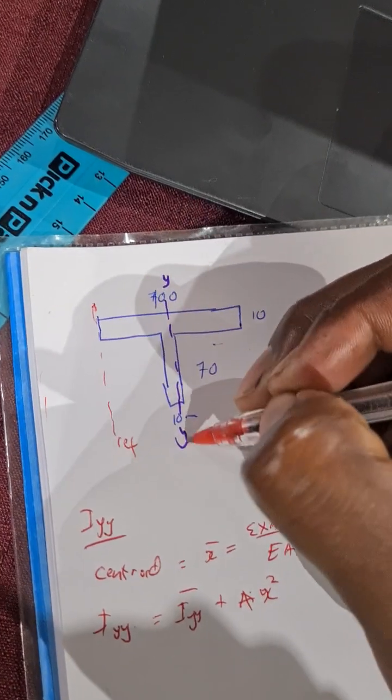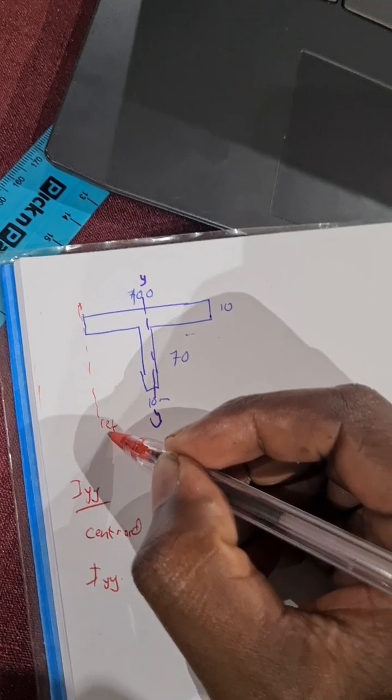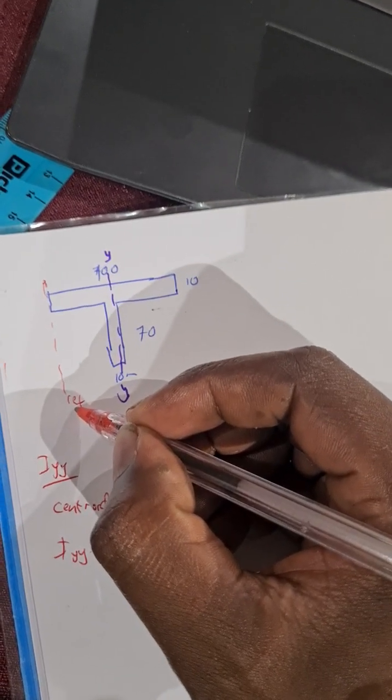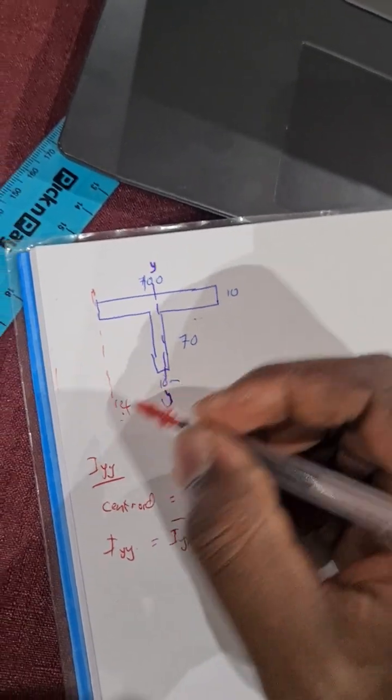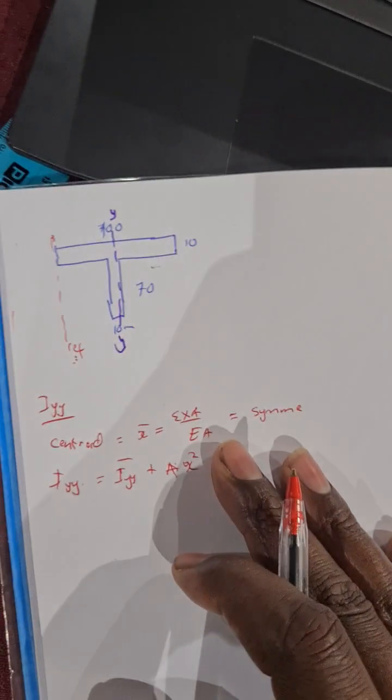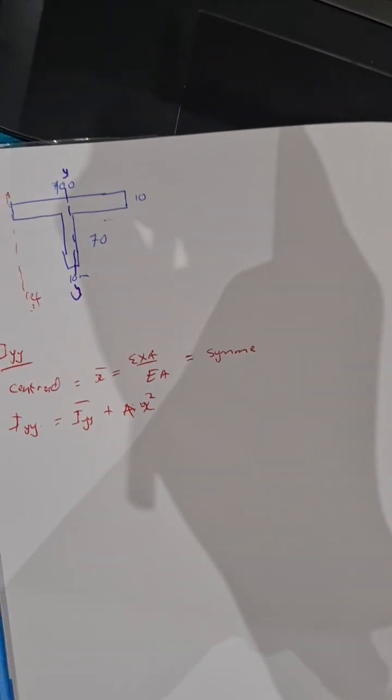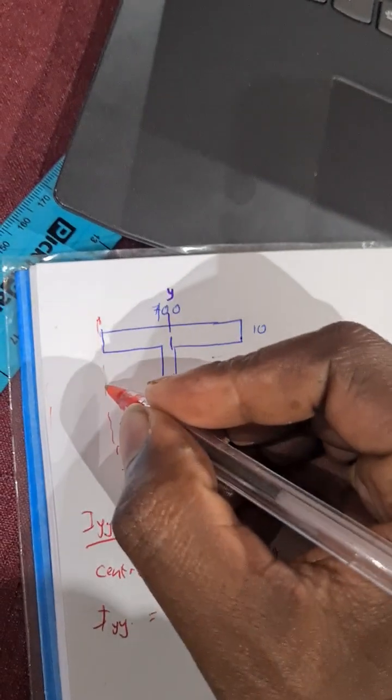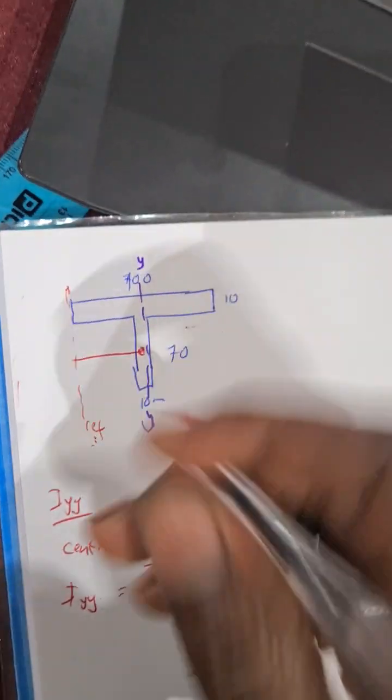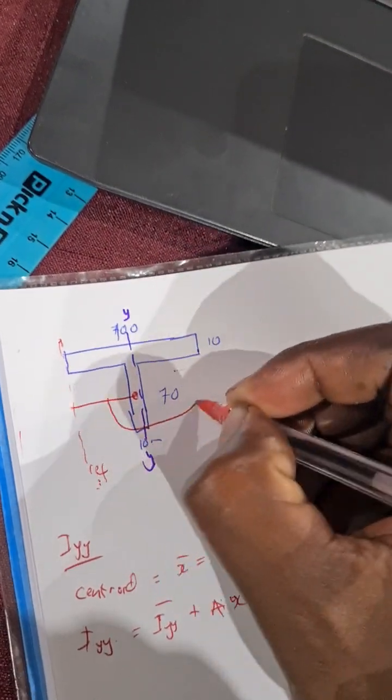Some people will say the reference here, it's fine. If the reference is here, then the distance to the centroid is 50